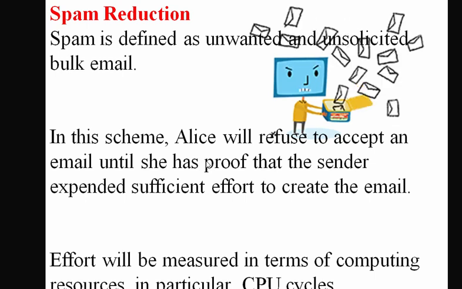In this scheme, Alice will refuse to accept an email until she has proof that the sender expended sufficient effort to create the mail. Effort will be measured in terms of computing resources, in particular CPU cycles.